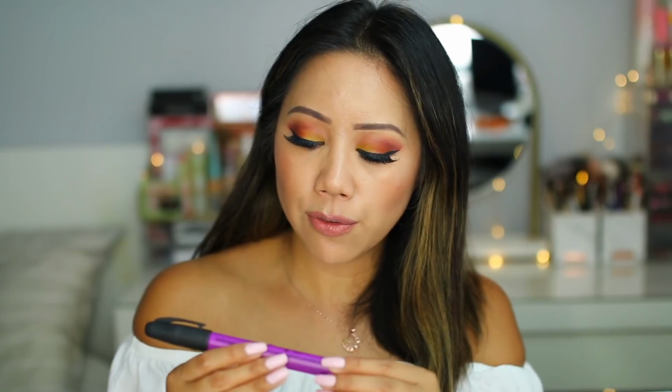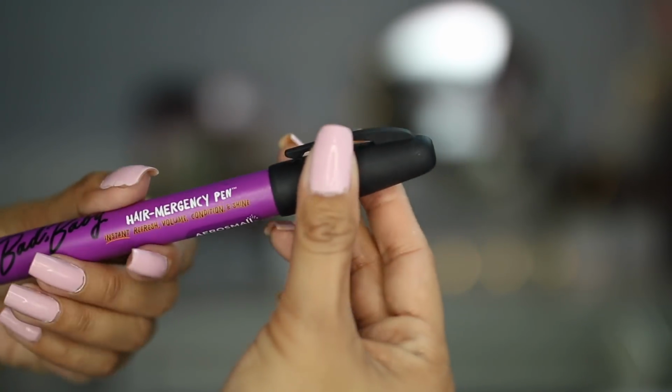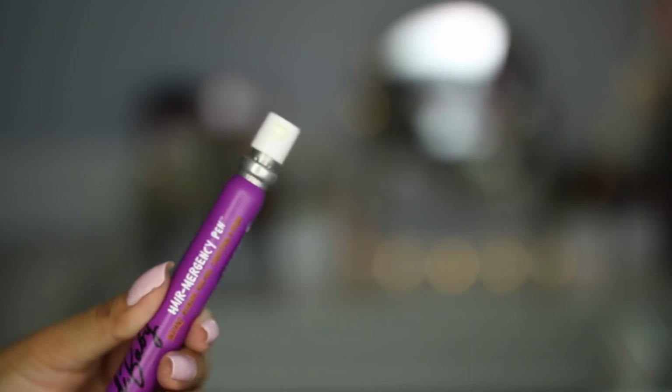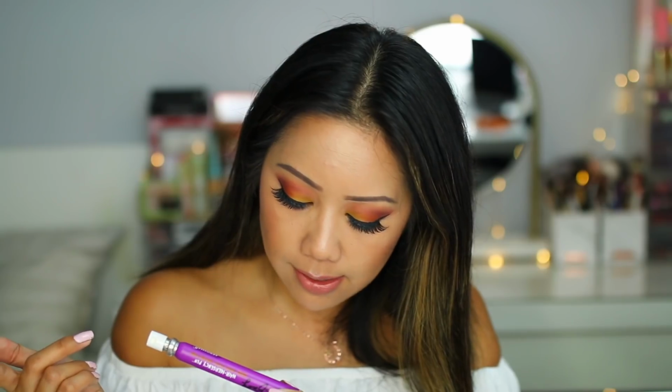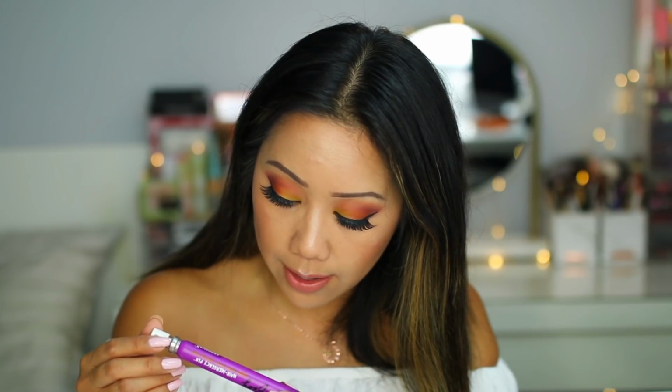A dry shampoo slash sprucing up your hair when you want to give it some extra volume. So this is from the brand Bad Baby. It's the Hair Emergency Pen. It's instant refresh, volume, condition, and shine. It contains natural milk thistle oil, apricot butter, and vitamin E. So it's essentially like a small little dry shampoo that does not have the white powdery look when you apply it in your hair. The first time I sprayed this in my hair, all I could think of was, wow,